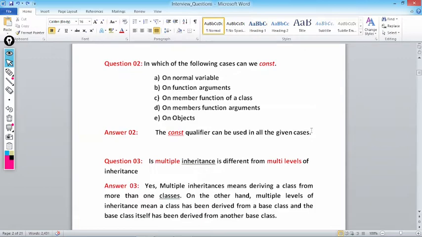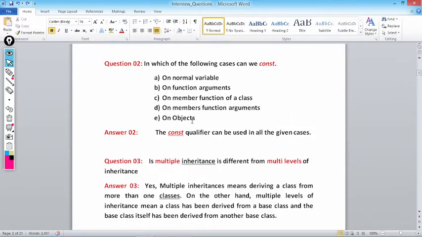The answer is, in all 5 cases we can have the const qualifier. We can have a constant variable, constant function arguments, constant member functions, constant member function arguments, as well as a constant object.